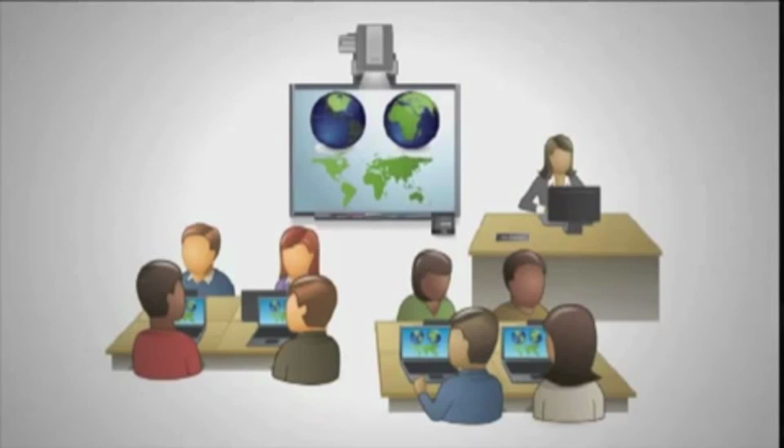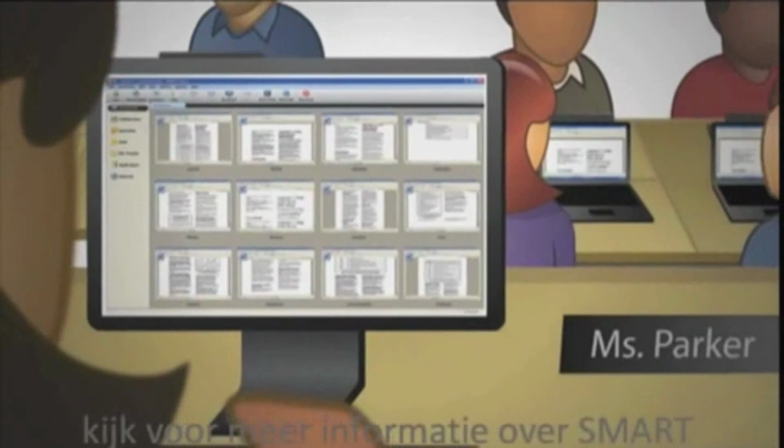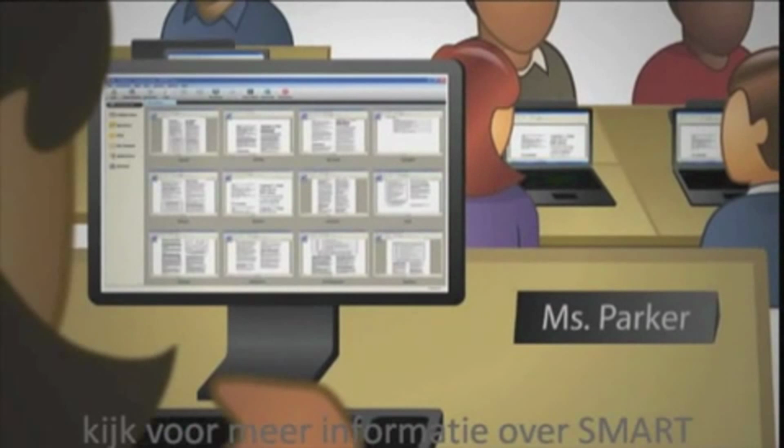I have more time to cover more material, and I can make sure my students are focused on lessons. Plus, my students can ask more questions, and I can give each of them more personal attention, guiding their learning. Now, my students and I get more out of our class time, and SmartSync